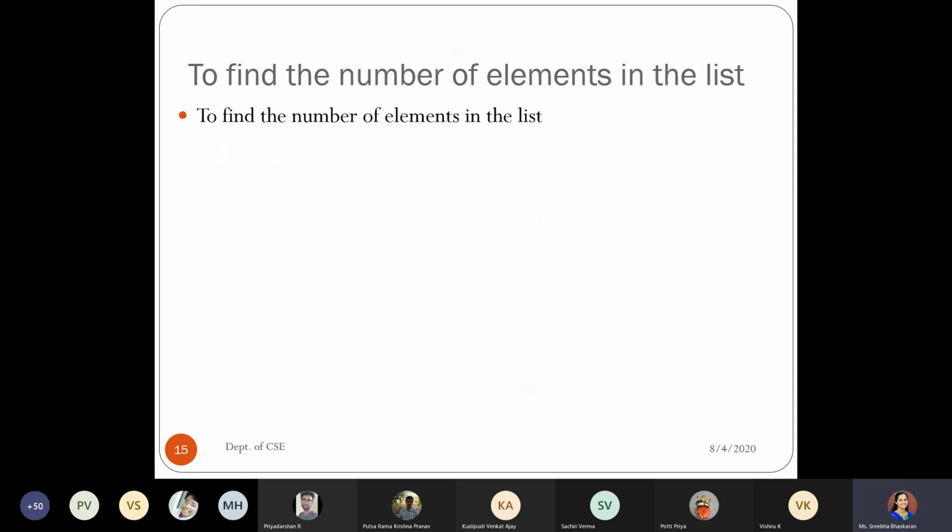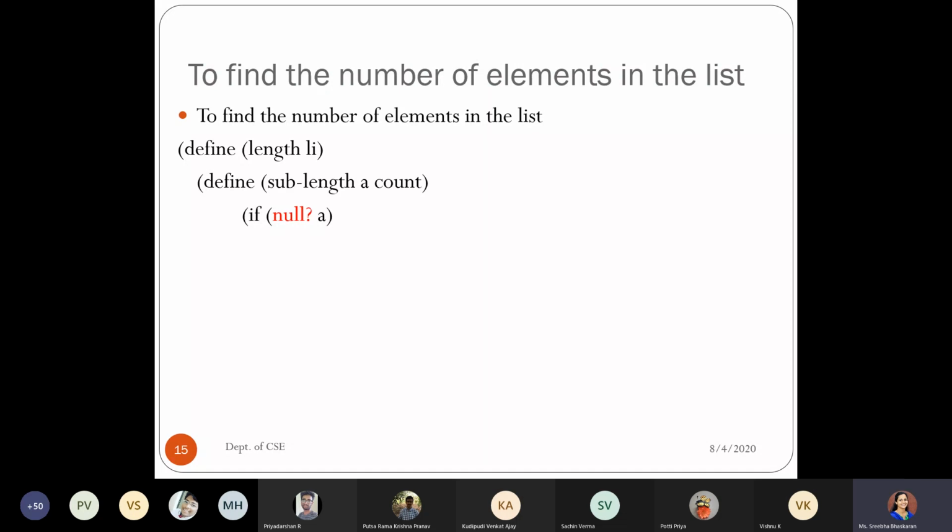The same thing, if we write it in the iterative fashion, it will be the same length. We call another procedure, named sublength. When I'm using the sublength procedure, I use two variables, a and count. A is nothing but my list.